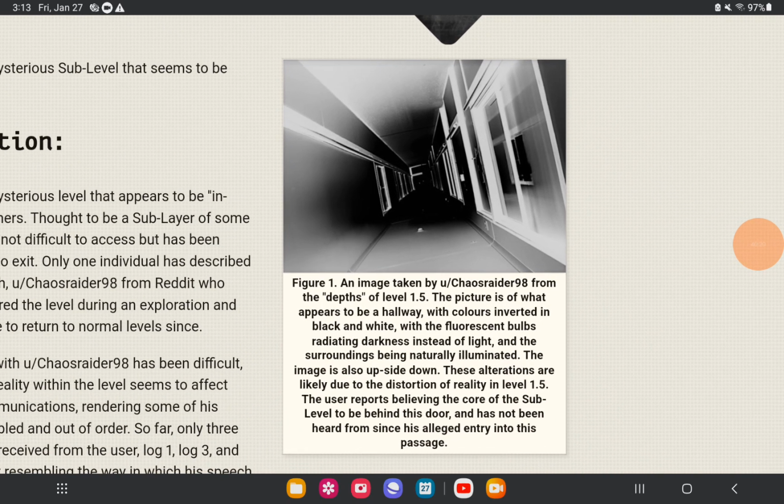Figure 1. An image taken by U/Chaos Raider 98 from the depths of level 1.5. The picture is of what appears to be a hallway, with colors inverted in black and white, with the fluorescent bulbs radiating darkness instead of light, and the surroundings being naturally illuminated. The image is also upside down. These alterations...